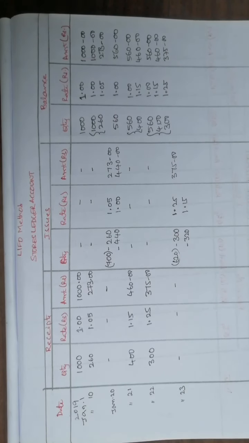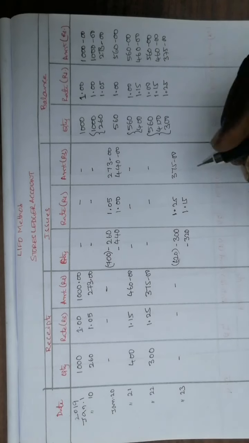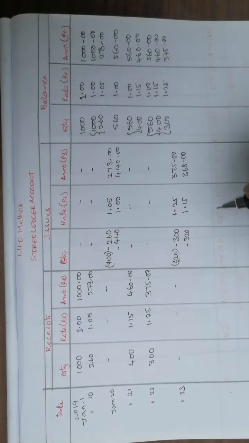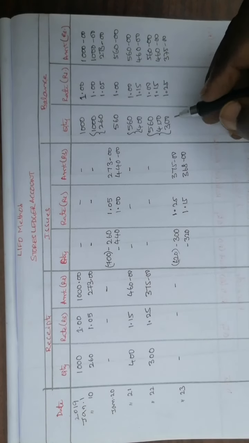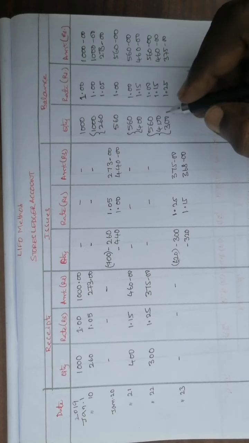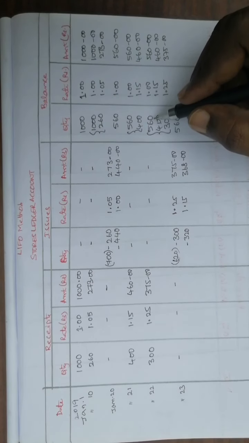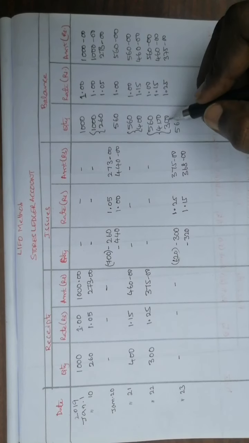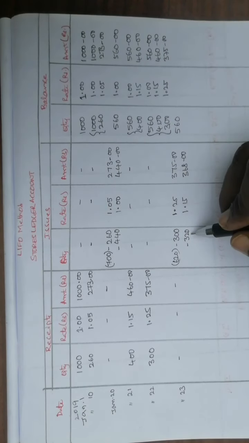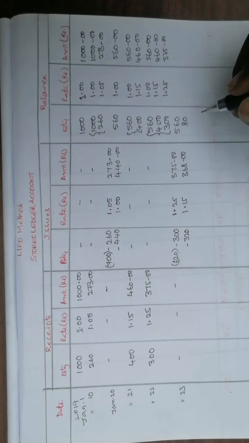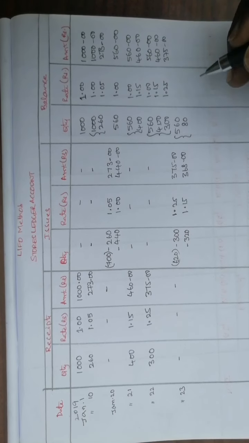Now 320 into 115, you take the value and show it in the amount column. 320 into 115 is equal to 368. Now these two are what was issued, materials issued on 23rd. Observe carefully here: 560 as it is, there is no issue of material from this on this day, but 300 already issued. Out of 400 also issued, how many issued? 320 issued. 400 minus 320 means 80 units left. So these two are left over as the balance.